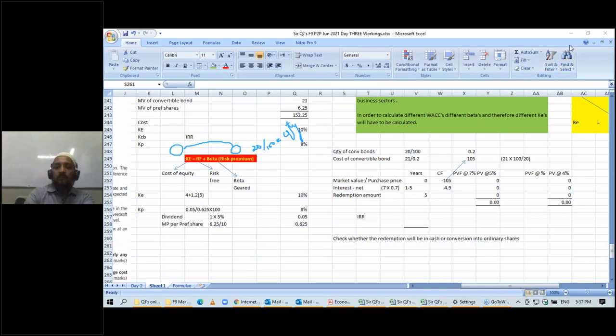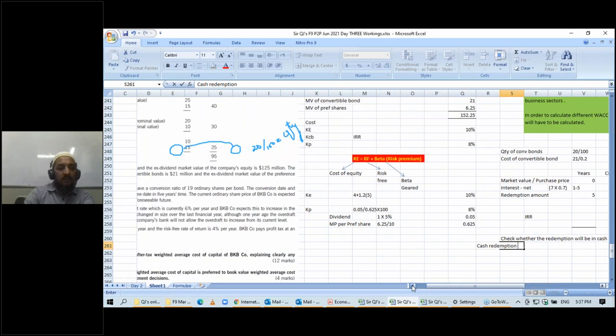So in order to check this, cash redemption, as per question